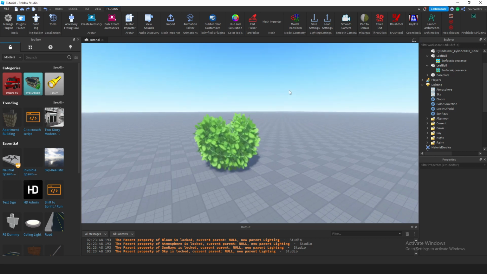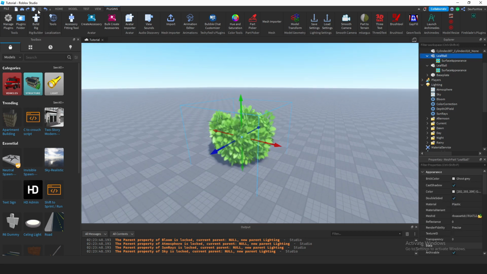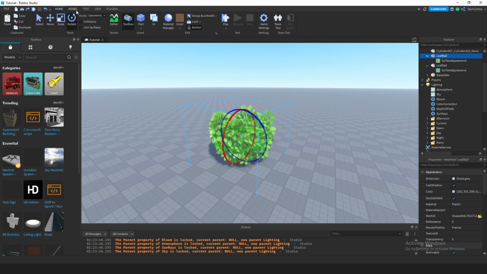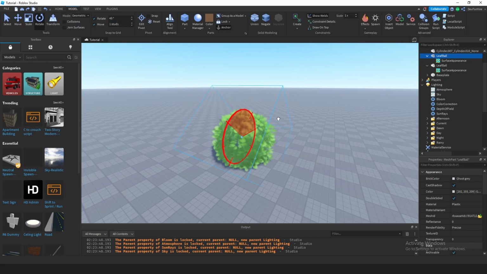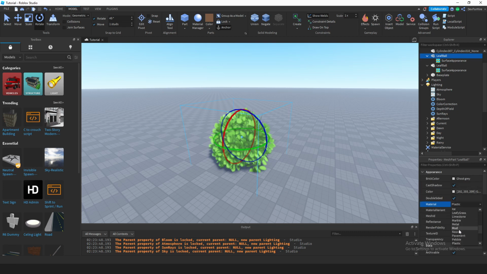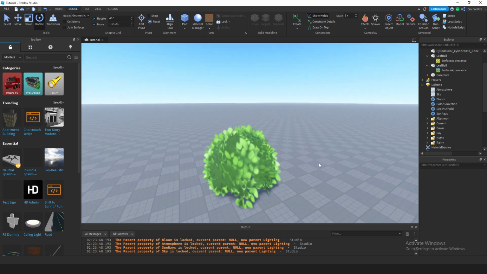And it's obviously because it's missing a few steps. So now we're in the last remaining steps. What you want to do is go to the material of the foliage, and change the material from plastic to force field. Now, the force field characteristics